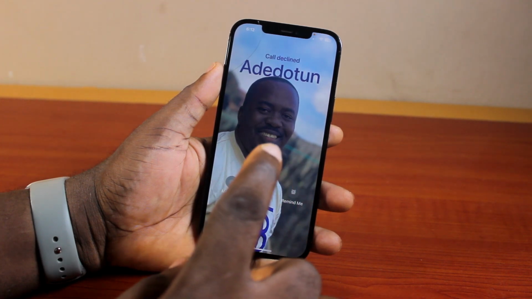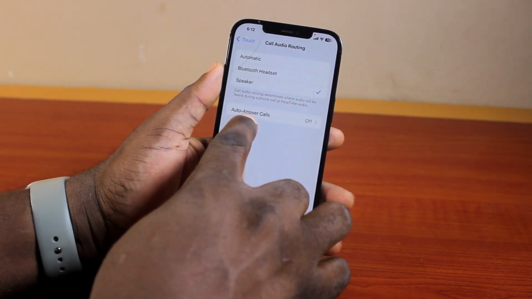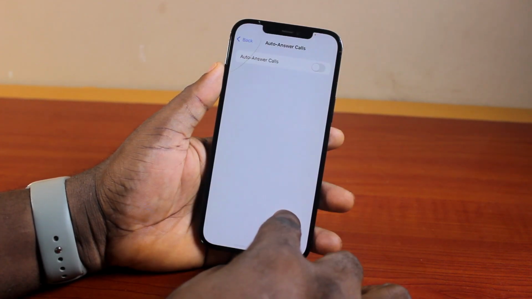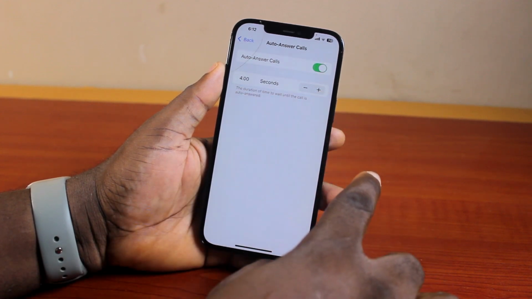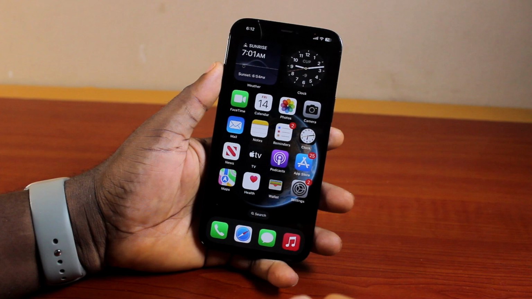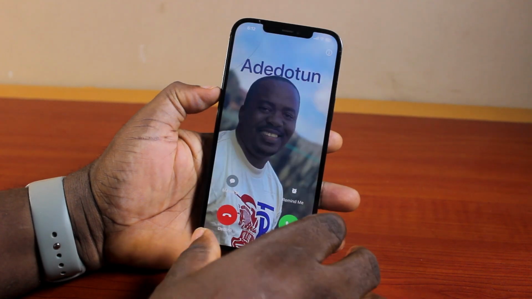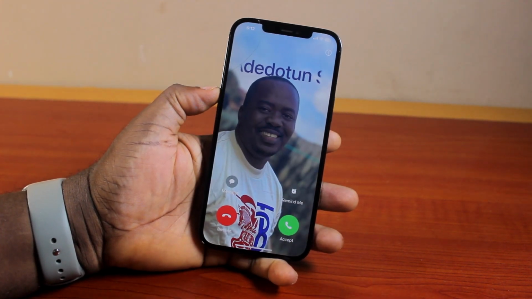However, if you want the phone to pick up on speaker by itself, just tap Auto-Answer Calls and then enable this. Now select how long you want the call to ring, let's say 4 seconds, and hit the back button. Then if you have a call again on your iPhone, the call is going to be picked up automatically